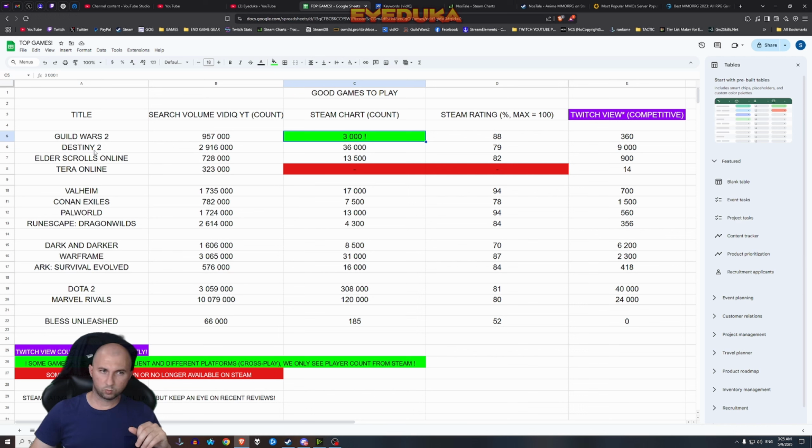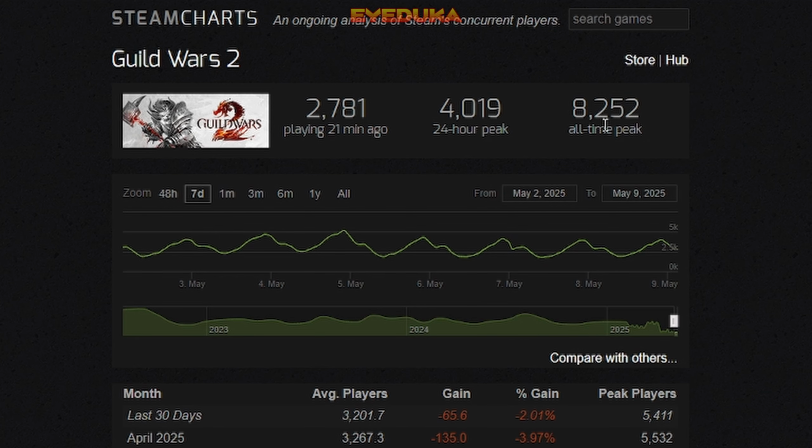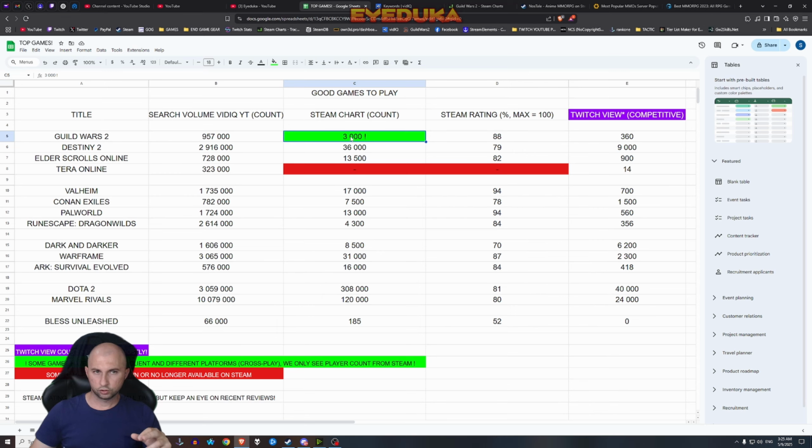During that period when it was released on Steam, which was a couple of years ago, I think, it's only getting around these numbers. All-time peak above 8,000, basically about 8,000 players. So it didn't grow that much, okay? That's what it really means. So if they have a lot of new players, they're either going to be on their standalone client, or they don't even have that many new players. Why is this important? Because you're not going to see accurate numbers, right? You're going to think, well, only 3,000 people are playing Guild Wars 2. Clearly not. And this is one of the most accurate websites I've seen.